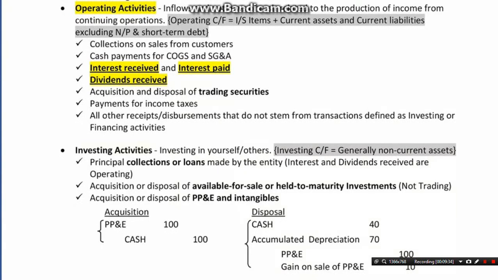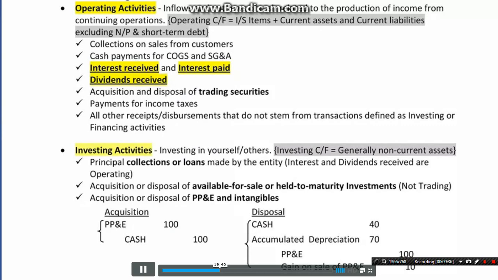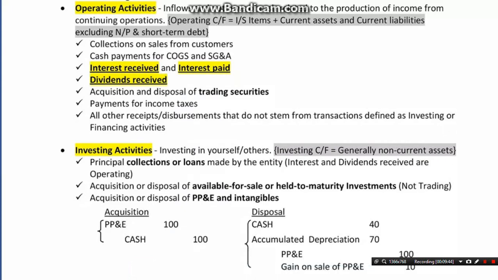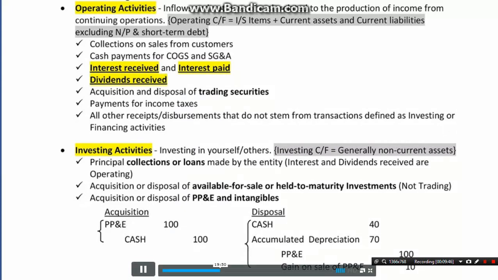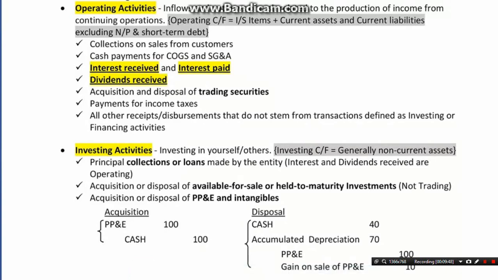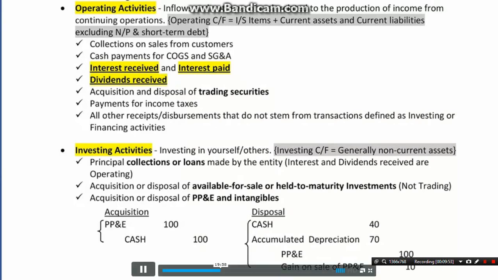Next one, highlight investing activities. Now this is principal collections or loans made by the entity. So when you make a loan, that's a cash outflow from investing. When you collect, it's a cash inflow from investing. Acquisition or disposal of available for sale or held to maturity investments. Again, when you make an investment, it's a cash